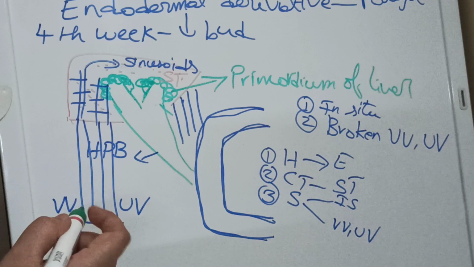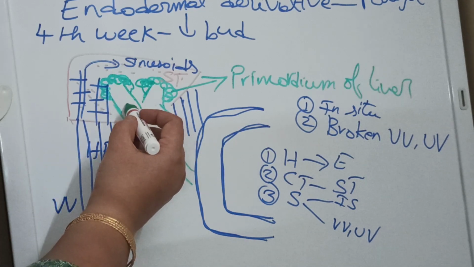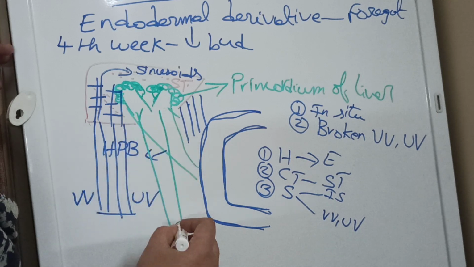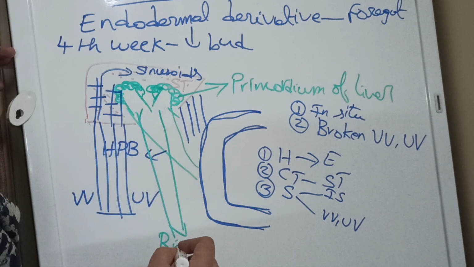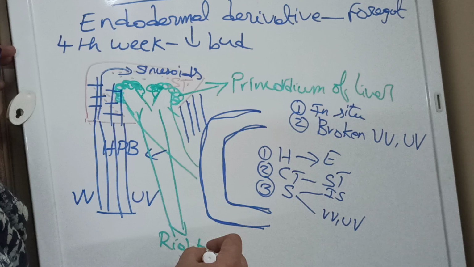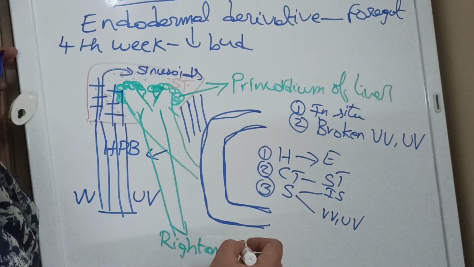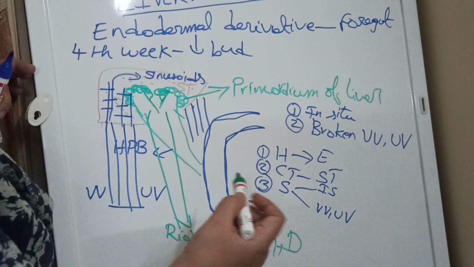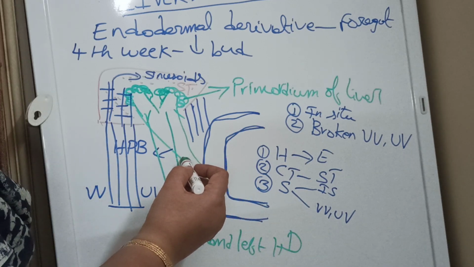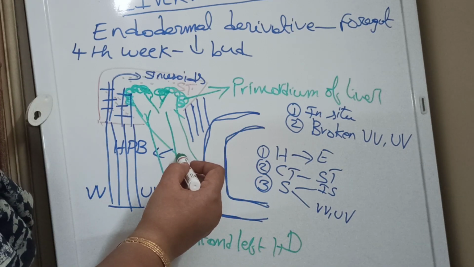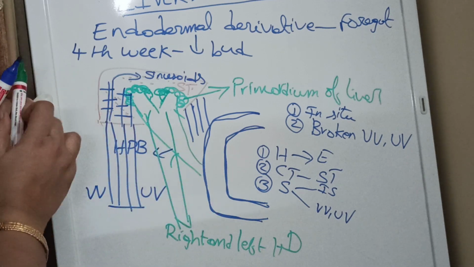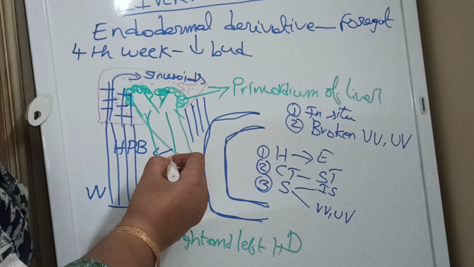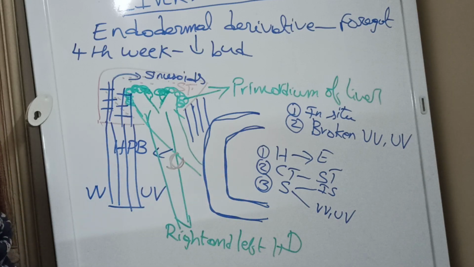Then if you see the biliary apparatus, this right and left branches, they persist as the right and left hepatic ducts. So these two branching, when first they divide into two parts, they are the right and left hepatic ducts. Then another bud develops slightly cephalic to slightly caudal to this. So that bud will be the cystic bud, which will give rise to the gallbladder.